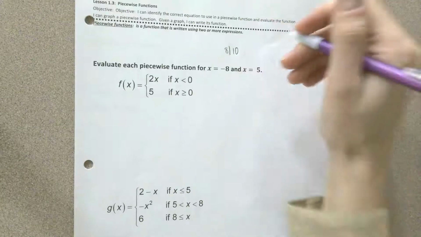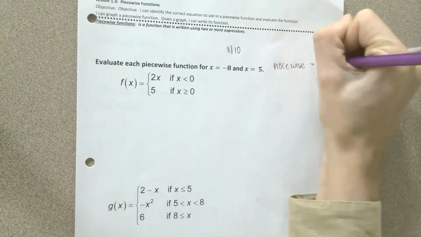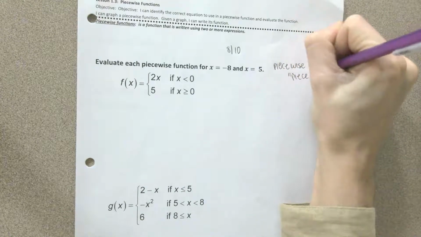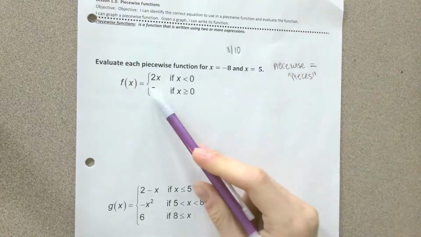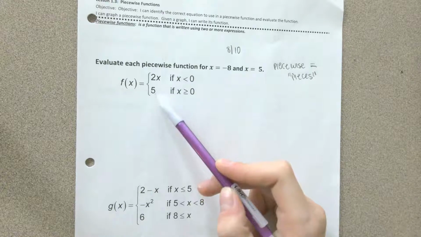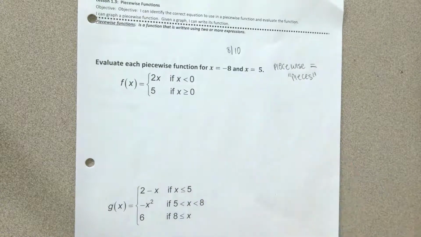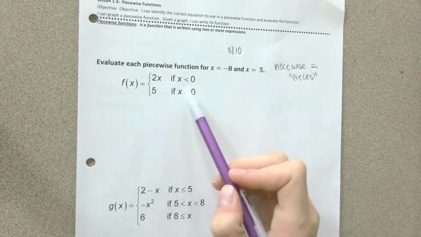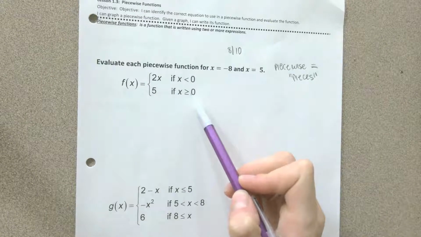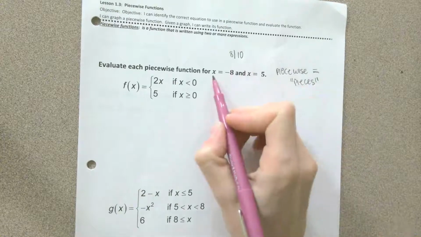So a piecewise function means that there are pieces, right? There's two pieces here. There's this 2x piece and then there's this 5 piece, depending on what our x value is. Okay, so we're going to use 2x if x is less than 0 and 5 if x is greater than 0. Okay, so starting with x equal to -8,